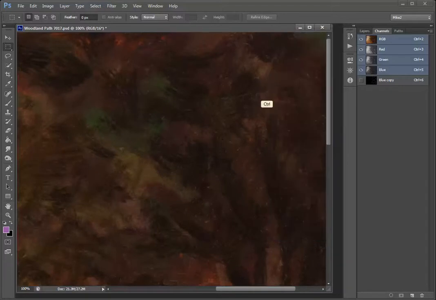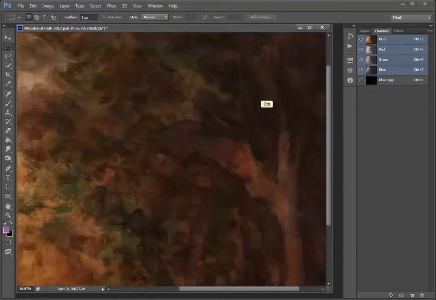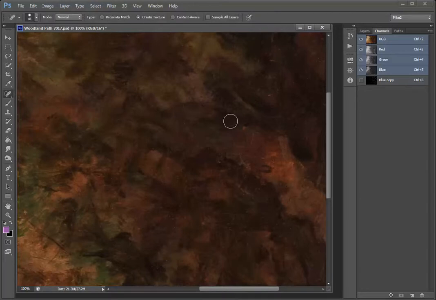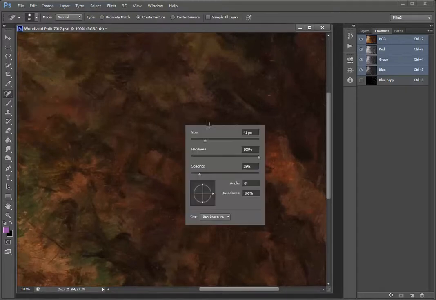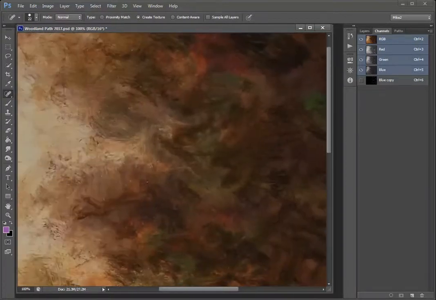Okay, now for anything that might be left, generally I'll stay in that 100% zoom. I finish up with a healing tool. The one that I use is the spot healing brush. That seems to work best. And I will keep my brush size not too small. I'm using a pressure sensitive tablet, so